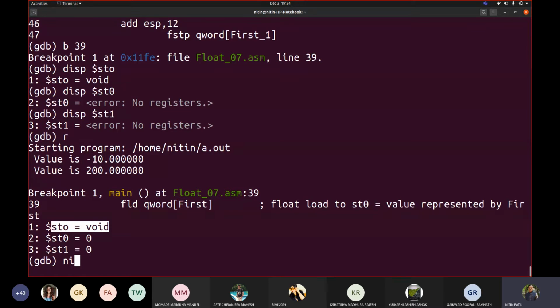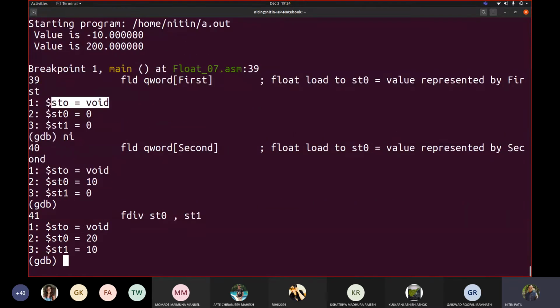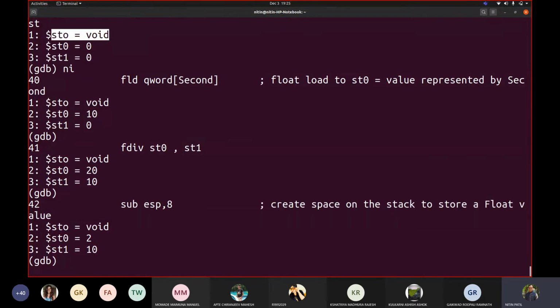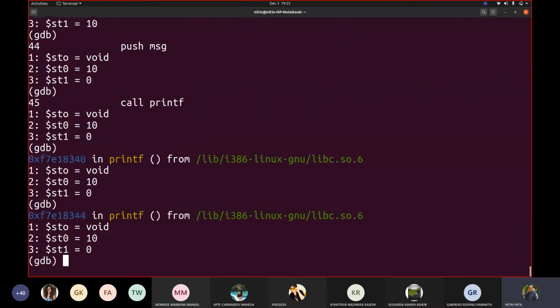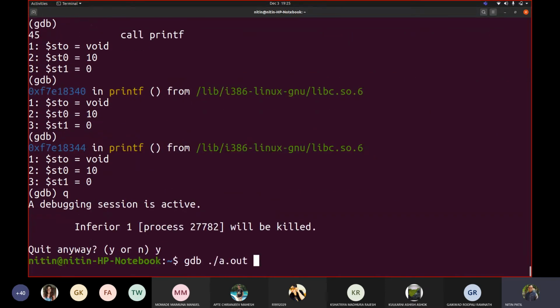Now FLD first. 10 is there, 20 is there. Now you are dividing st0, st1. So 20 divided by 10, it would be 2. Correct, and then the 2 would be popped. Fine. Now if I write div r,